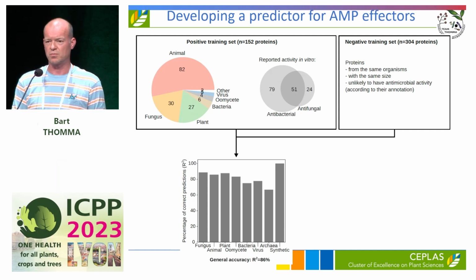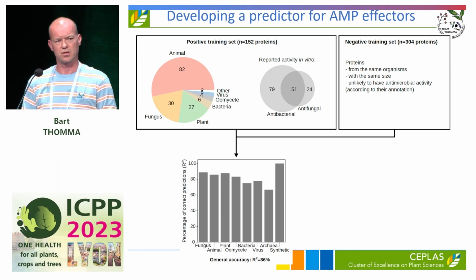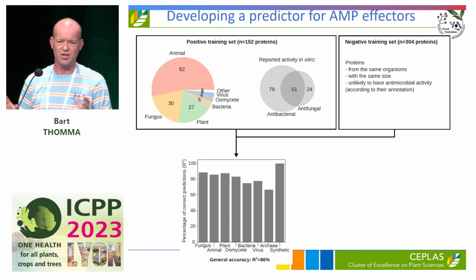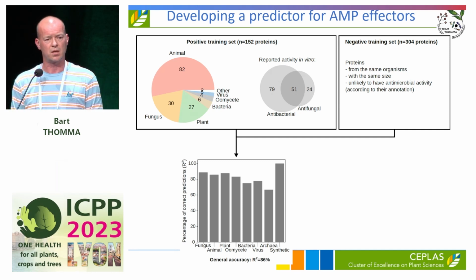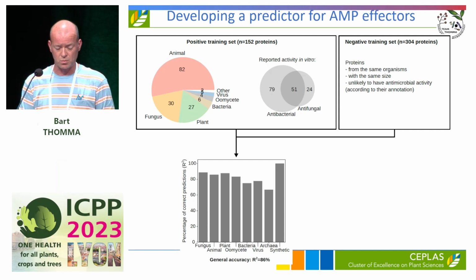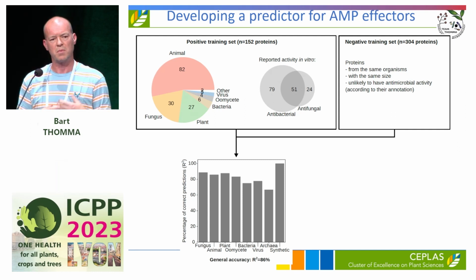And the graph at the bottom shows that, although we have not done any tweaking at this moment and we're still very much early on in this process, the prediction seems to work really well, because in fungal genomes we already end up with an accurate prediction rate of about 86% without doing any tweaking. So we're very much convinced that this will help us to make a tool to be able to recognize antimicrobial